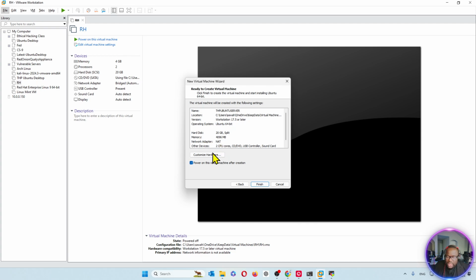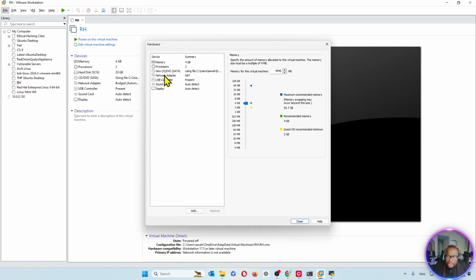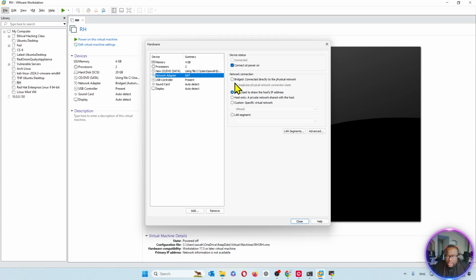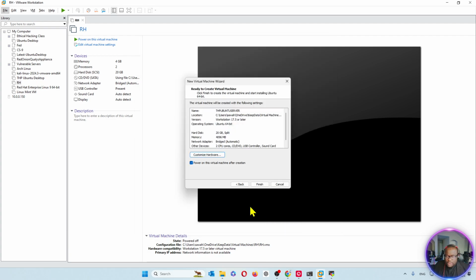However, I don't want to use NAT. I want to customize this hardware and I want to use a bridge connection. There's nothing wrong with NAT, again, but I prefer to use a bridge connection to get the IP address directly from the router in my house. And I'm going to hit finish. It's going to use 4 GB of memory and that works fine for me. And I'll hit finish. If you don't have so much RAM, you can reduce this memory to maybe 2 GB